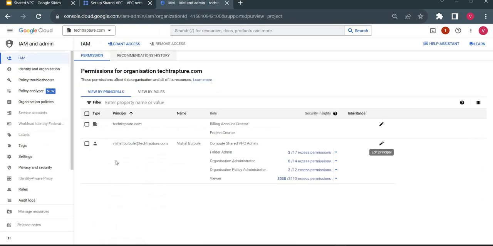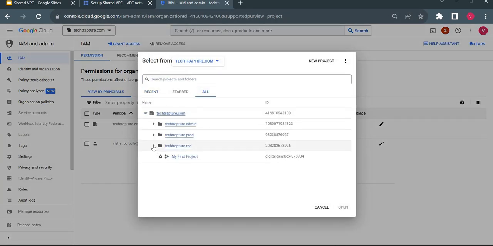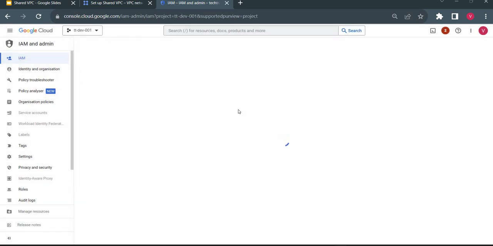So from here, as I showed, I want to use one project as my service project. So this one I am using as my host project, and this one I want to use as a service project. So I'll go to this project first,